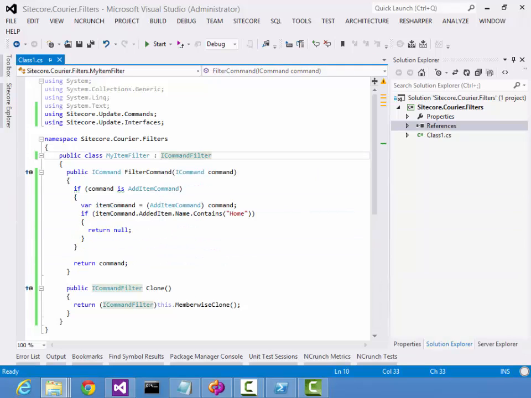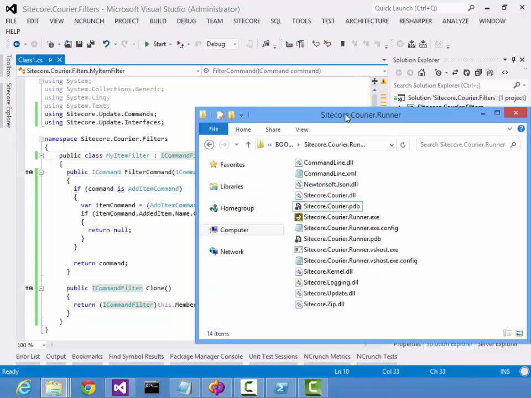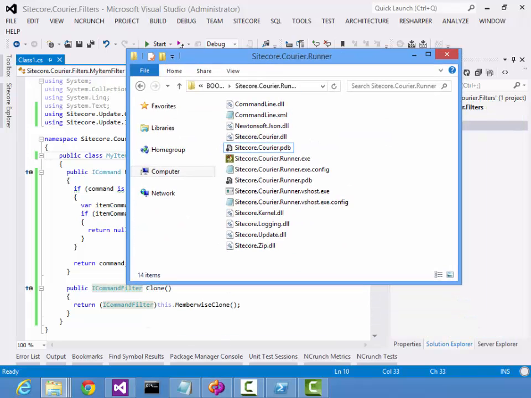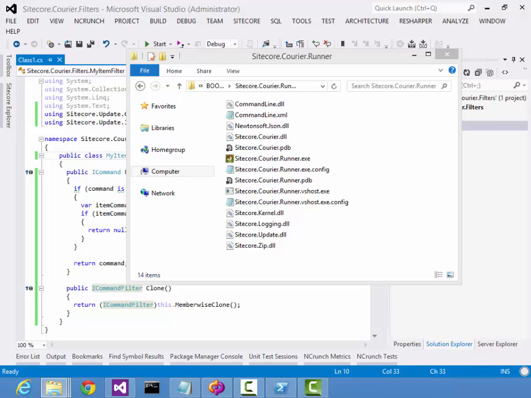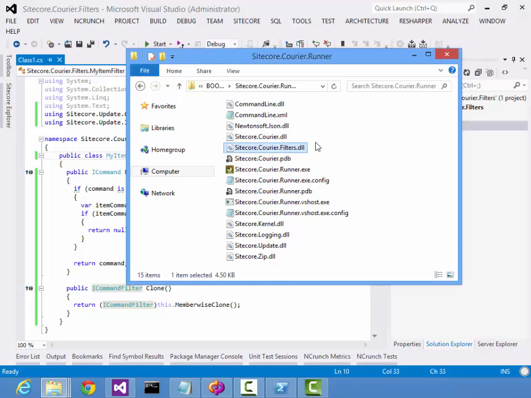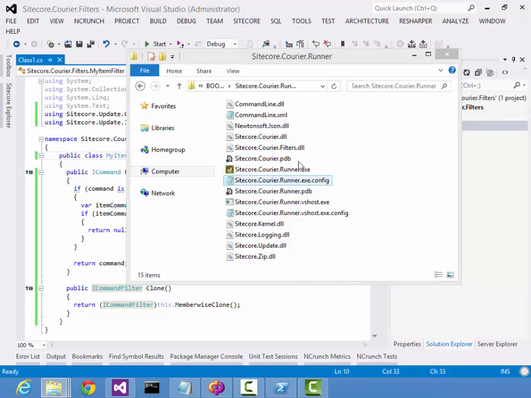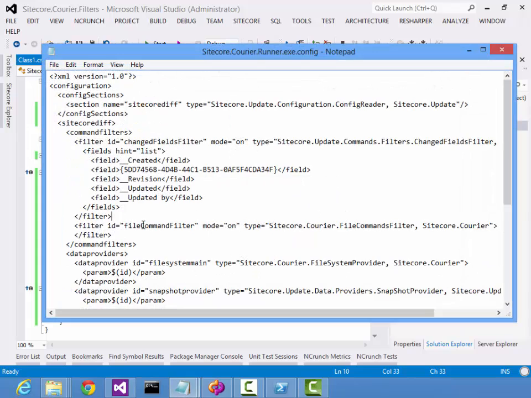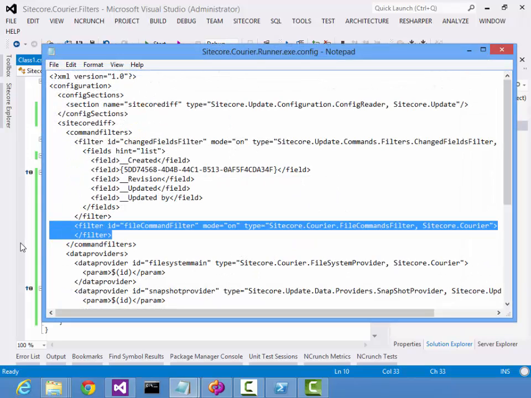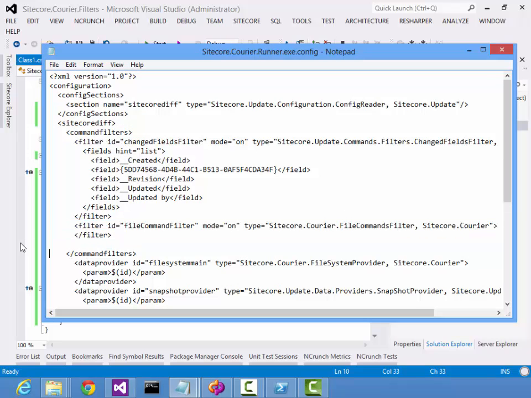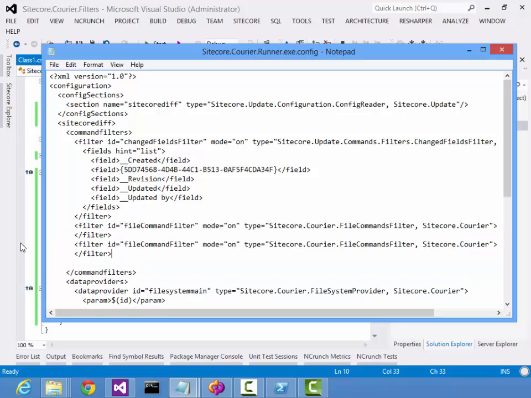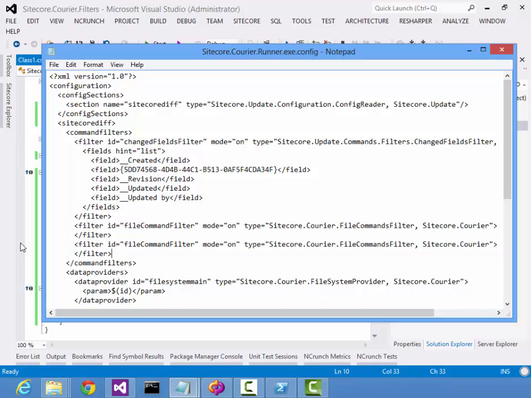So the next thing we should do is get to our Sitecore Courier folder, then copy our assembly to the same folder as our Sitecore Courier runner, and also modify the config file to add another filter under the one which already exists.